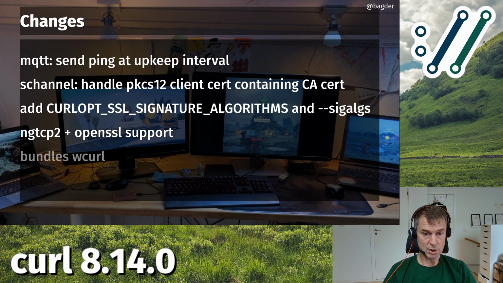This is the first curl release tarball in which we bundle the wcurl script. Wcurl is a dedicated effort to provide a script that is a convenient shortcut, a handy tool to download one or a bunch of URLs without having to remember any command line options. So write wcurl and then provide the URLs and it'll download them for you.